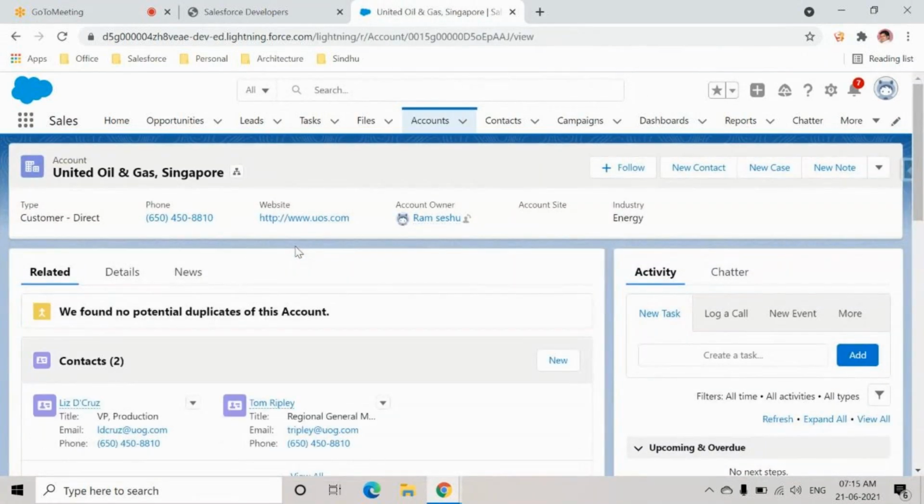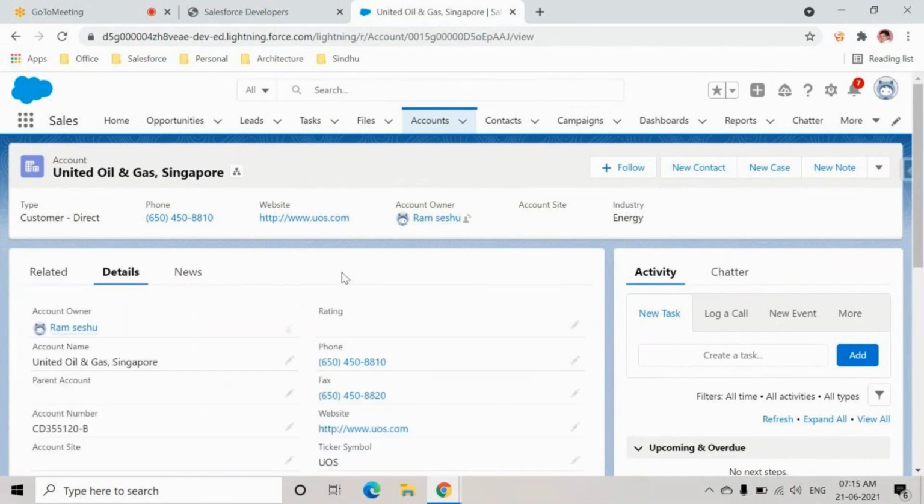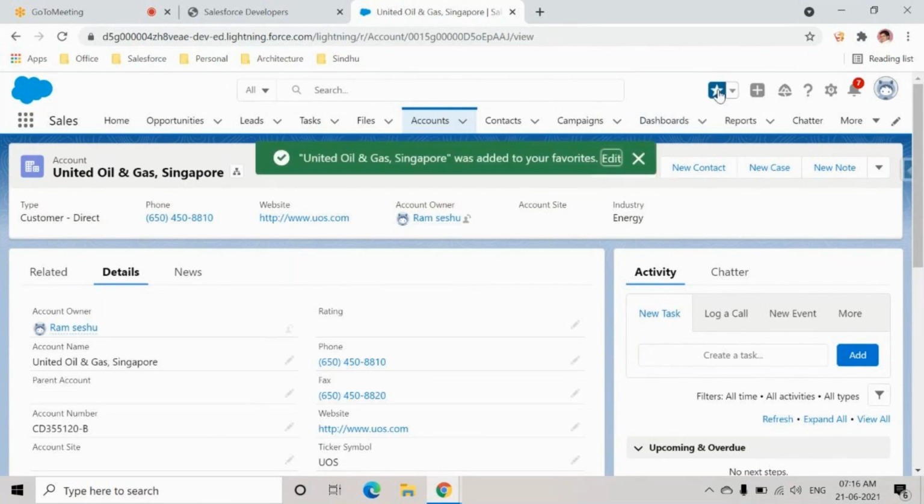So I figured it out. I started working on it, and again, let's say I kept forgetting because I'm working on multiple areas. But for me, tomorrow, the moment I join the system, I have logged into the system, I want to see this, or I want to work on it again, which means that they should be in my key records. So what should I do? On the top, there is a star symbol. Click on this. That's it. This will be set as my favorites.